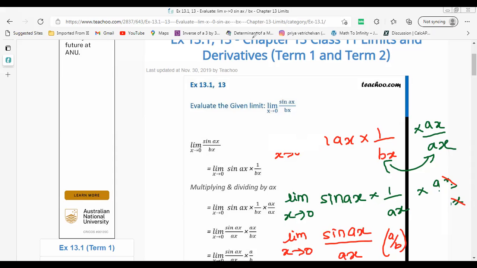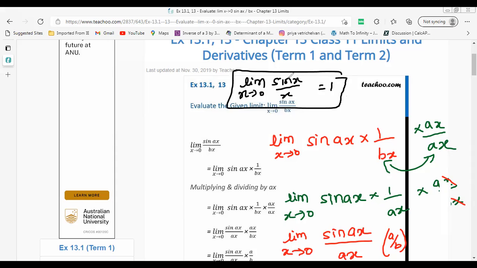Now if I compare this with my limit identity, what is the limit identity? It is limit x approaches 0 sin x upon x equals 1, which means after sine, this theta and this should be the same. Here also I do have ax, and in the denominator also I do have ax. Both are the same. So now I can assume this whole part as 1 according to this identity. So it will become 1 into a upon b, which is a by b. That will be my final result. Is it clear?